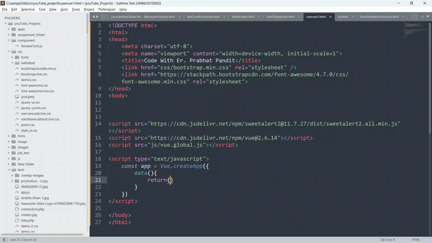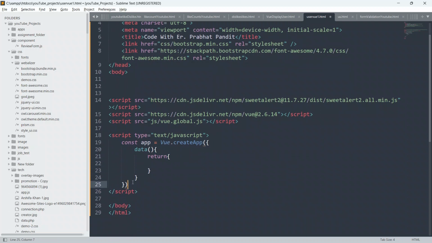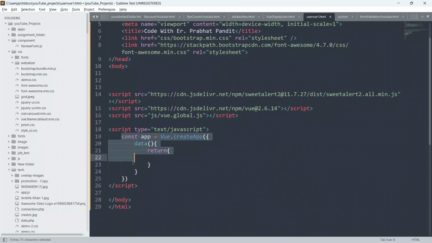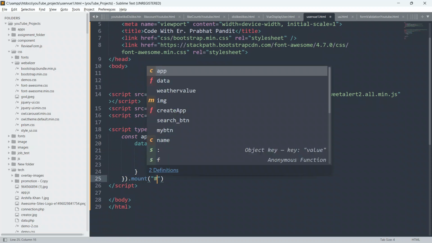So I will say return. We have to mount this instance of Vue to our UI, to our HTML part. So I will say mount and put a hash and say app.